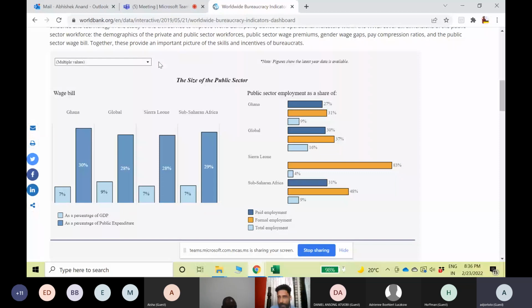Okay, so I'm assuming that all of you could make the changes that we wanted to make, and all of you can see Ghana and compare Ghana with global average, Sierra Leone, and also Sub-Saharan African. So the first chart that automatically comes here is for the wage bill, and this is basically the wage bill for the public sector. So all those people who are in public sector, government has to pay wages to them. So on an annual basis, the total wage bill that the government has to pay. And then we basically look at this. Yeah, please go ahead. Is there any comment or question?